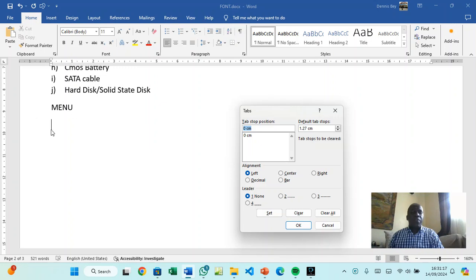I've already set the first tab. Then I need to tab a little bit. I'll set it to 0.5. You'll get to understand when I start the setting. I'm typing on the keyboard 0.5, then I click on set. And then after that, I want to tab up to 15. So I'll type 15 on the keyboard,